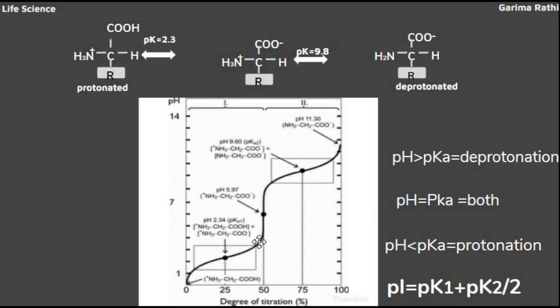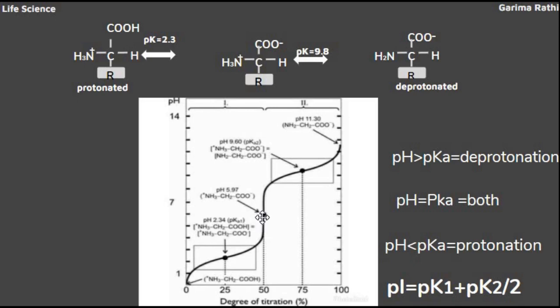After proceeding with the titration, the complete deprotonation of the carboxylic group will occur. On reaching 5.97, the deprotonation of the carboxylic group is completed and the deprotonation of the amino group gets started. Why will the carboxylic group be deprotonated first in comparison to the amino group? Because the pKa value, or acid dissociation constant, of the carboxylic group is lower, 2.3, in comparison to the amino